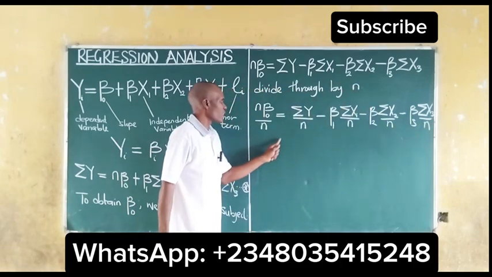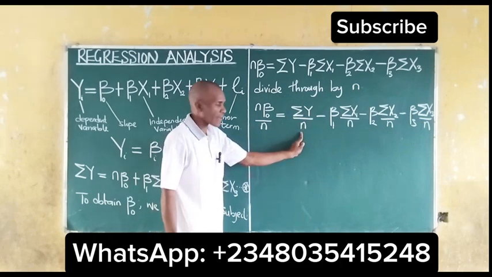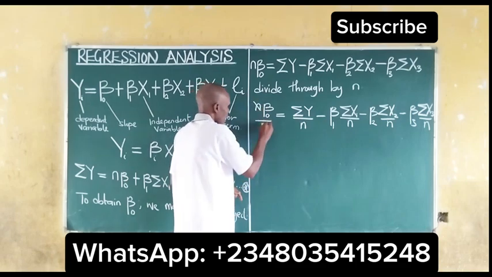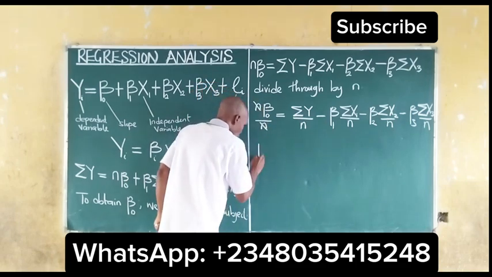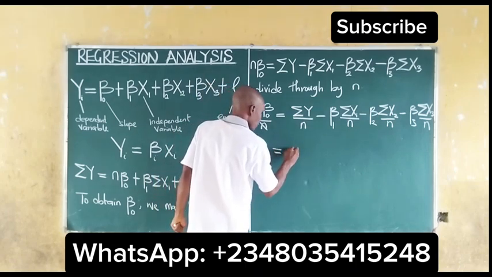Of course, we note that summation of y all over n is the mean of y. So this cancels to give us our b naught, which is our slope, to be equal to